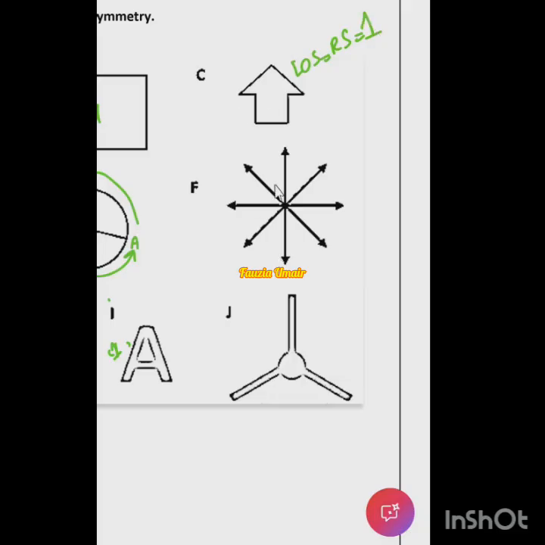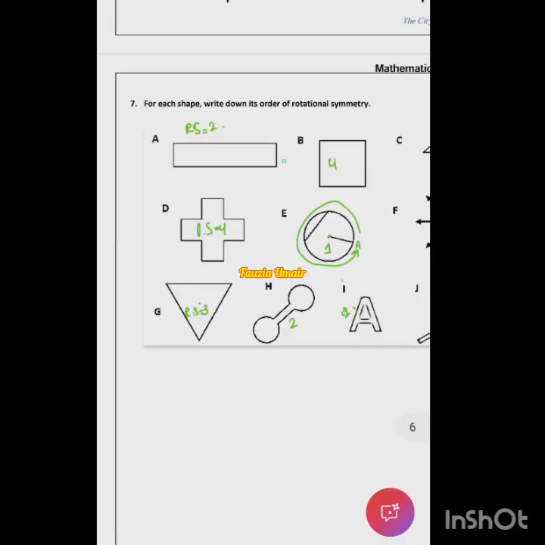What about F part? 8. 8 lines of symmetry. What about J part? 3. Right? I hope this is clear. Yes, ma'am. All right. So, beta, before